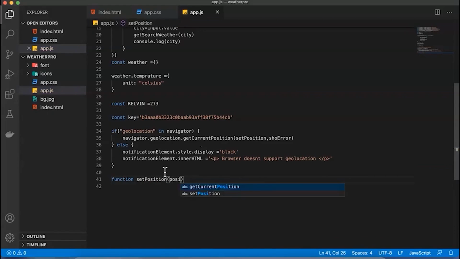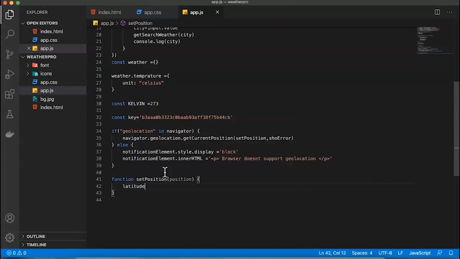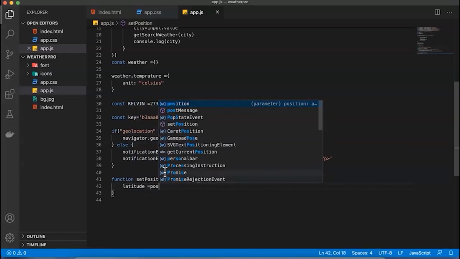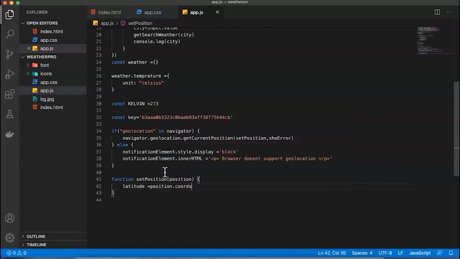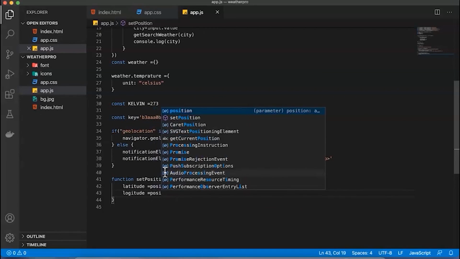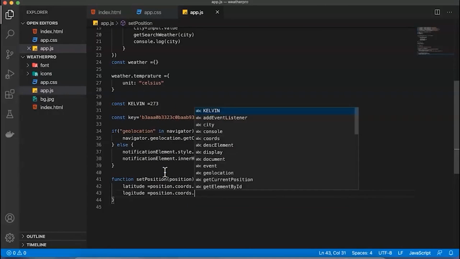I'll be taking position as a parameter and take latitude equal to position dot coords for coordinates dot latitude, like that, longitude equal to what? Position dot coords dot